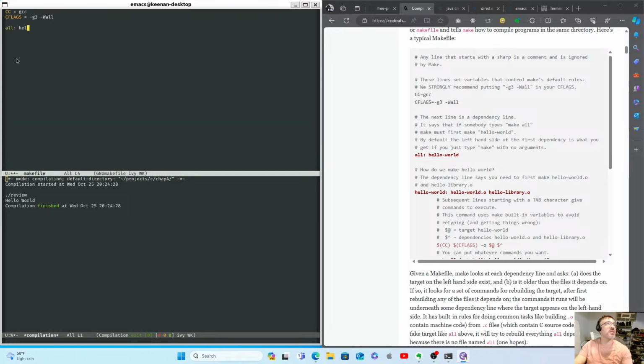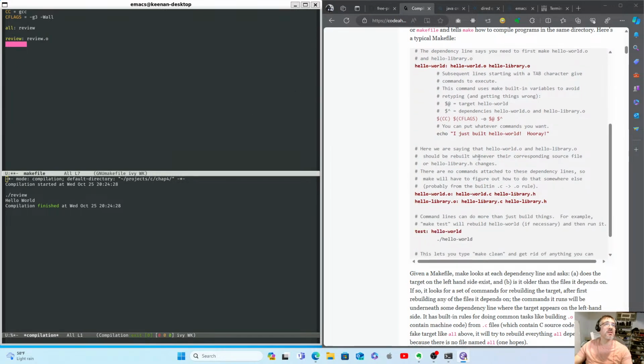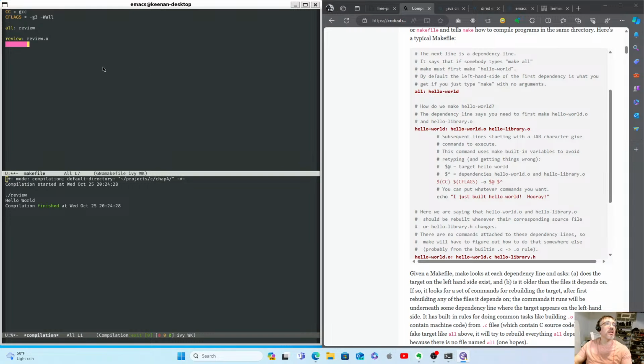Well, all is just review here, and then the review target's going to be review.o, and then the command to create that is just cc, and then we're going to bring in the CFLAGS as well,